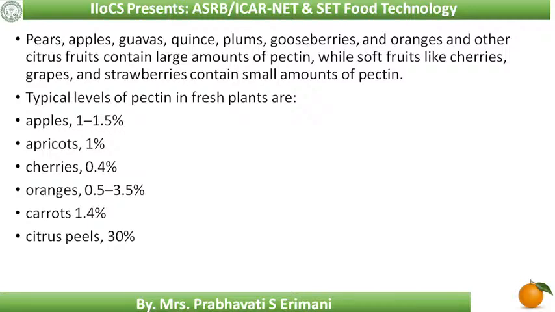So pears, apples, guava, plum, gooseberry, orange and other citrus fruits contain large amounts of pectin, while soft fruits like cherries, grapes and strawberries contain small amounts of pectin. Now you can see in the case of apple 1 to 1.5%, apricot 1%, cherries 0.4%, orange 0.5 to 3.5%, carrot 1.4%, and citrus peels highest, 30%